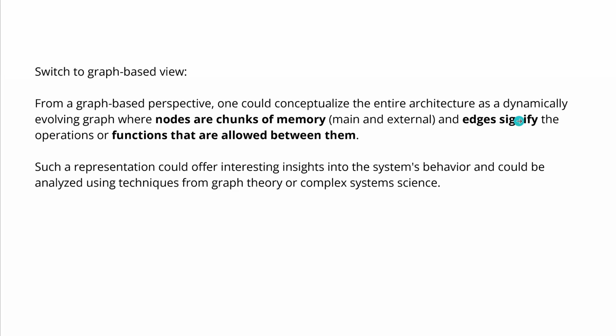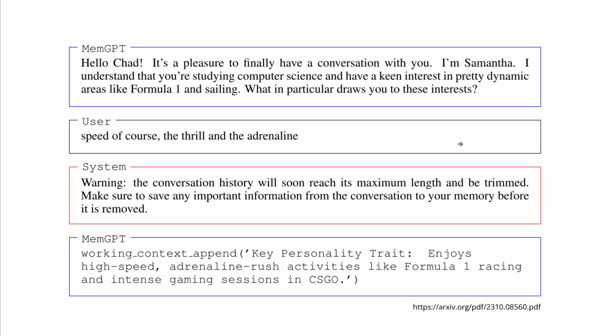This is MemGPT. If you switch to another perspective and you look at this from a graph-based perspective, you can see the upcoming architecture as a dynamically evolving graph, where the nodes of our graph are more or less multiple elements of memory. And the edges signify the operations or the mathematical functions, the tensor operations that are allowed between those memory elements in a graph. So you see, the application of graph theory and complex system science will open up a new window to analyze this management system. Now, from the work of Berkeley,